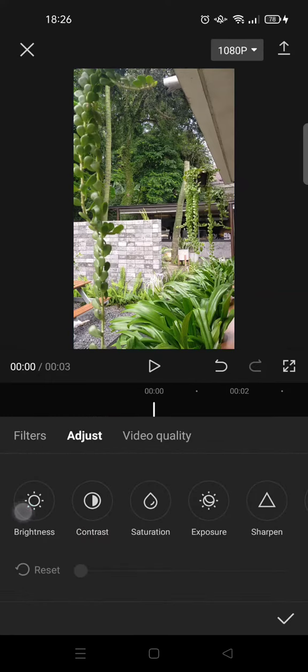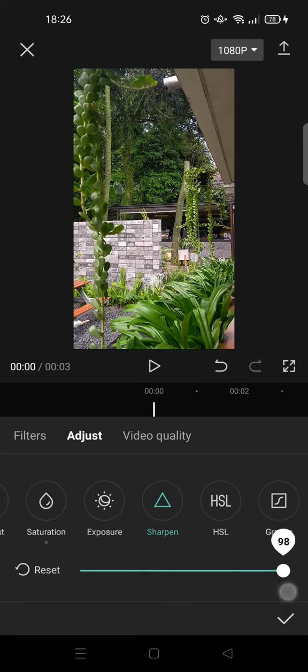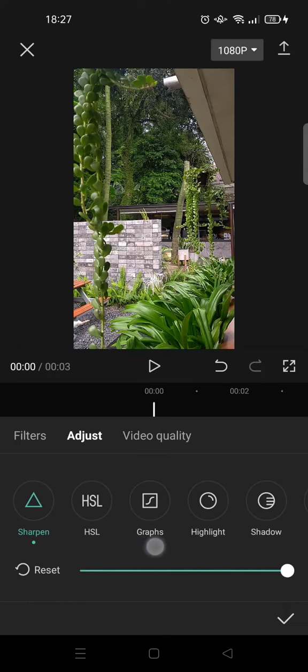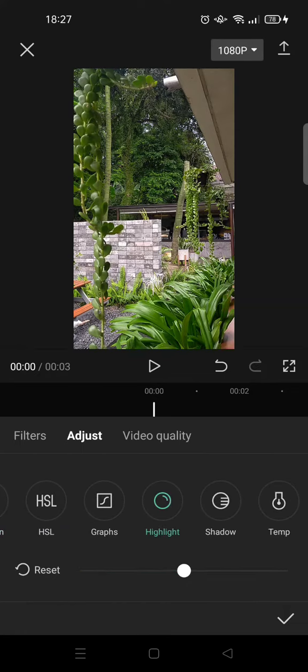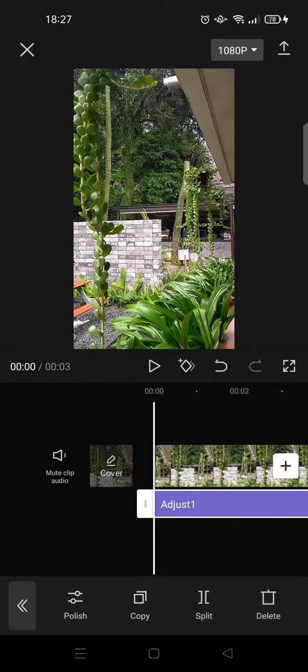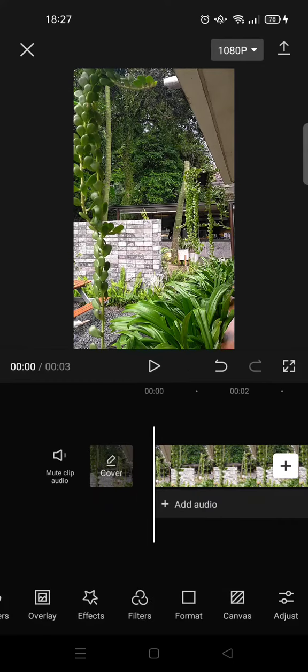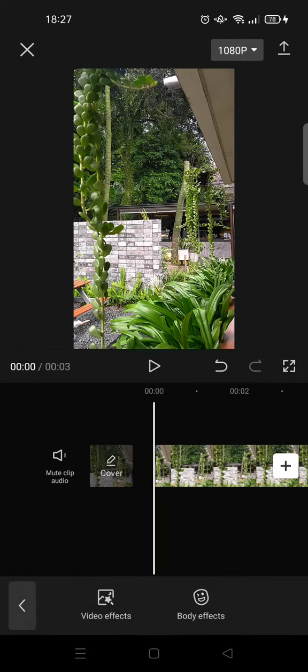and in here click on the brightness and set it into -8 and set the saturations into 10, and then go to sharpen and set it into 100, and last click on the highlight and set it into around 20 like this. Click on the check icon, and next you can just go back